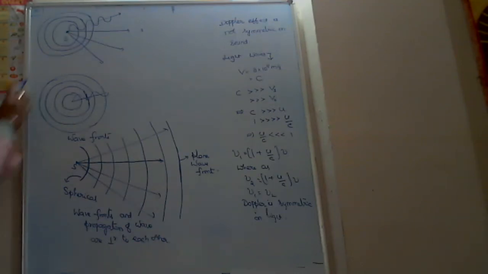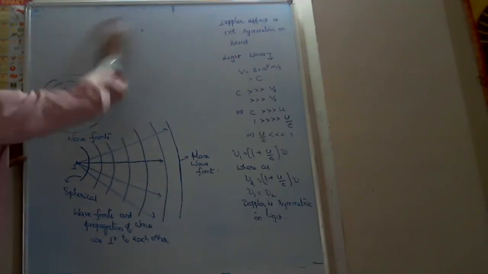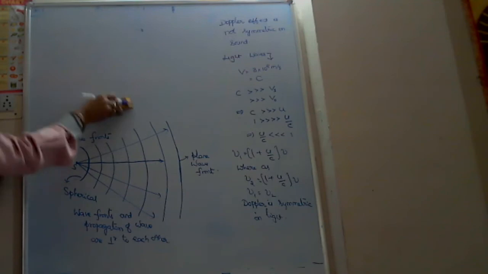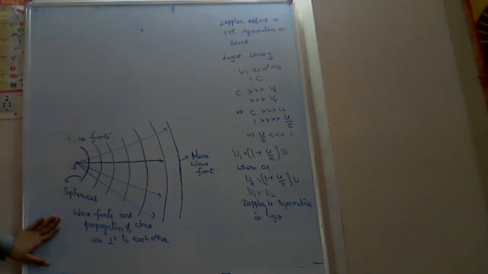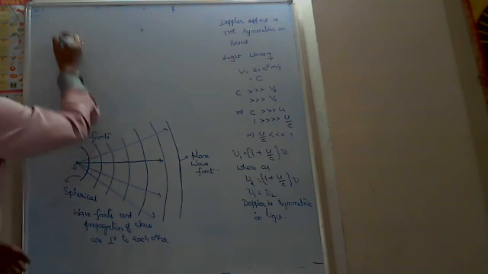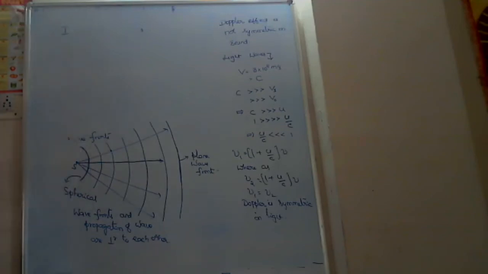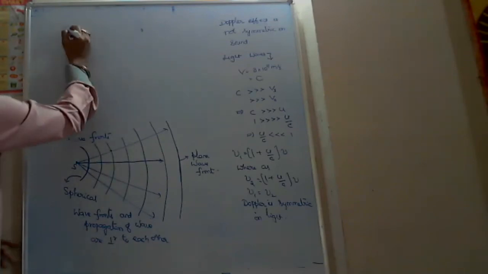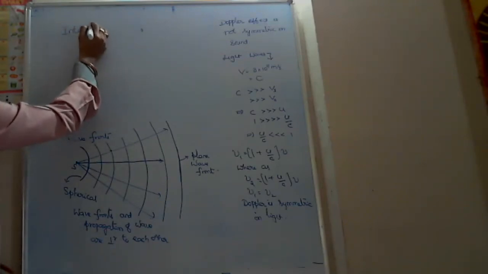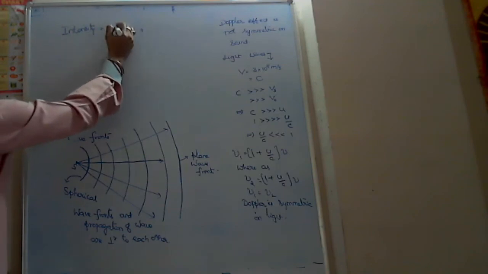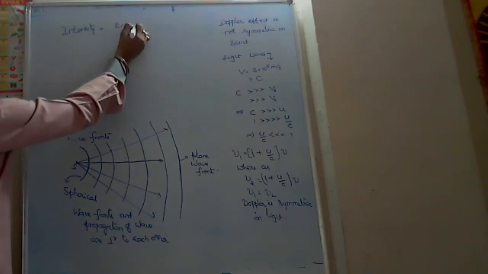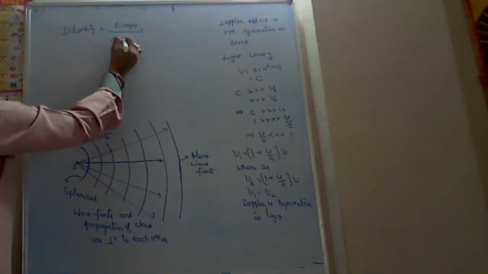And related to this concept, in this chapter, what do I require? You said this is the introduction to the next chapter. In this chapter, for this, they ask at one point what will be the intensity of sound. Intensity, the basic definition, I already told somewhere in this chapter: intensity equals energy per unit area in unit time.